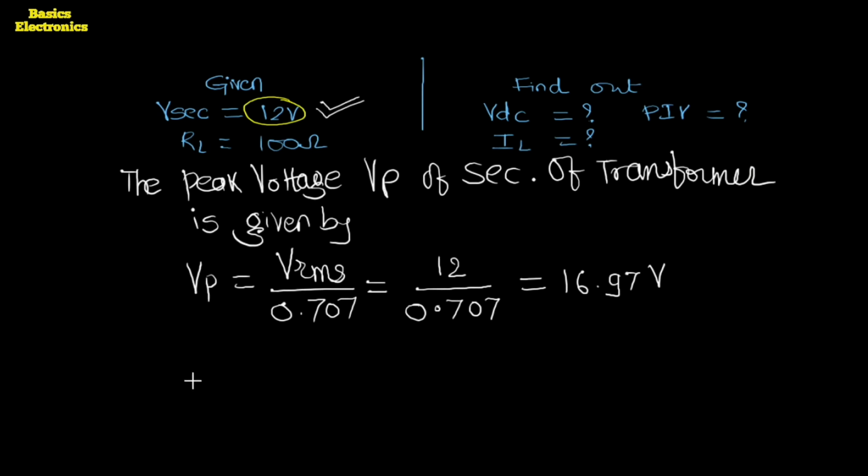Here we use the formula for the DC voltage for the half wave rectifier. The DC voltage VDC is given by VDC equals to, what is that? Vp upon pi. In our last video lecture, we saw the various formulas we use for the calculations. So VDC equals to Vp upon pi. You can write down here the average DC voltage is given by VDC equals to Vp upon pi, and here Vp is